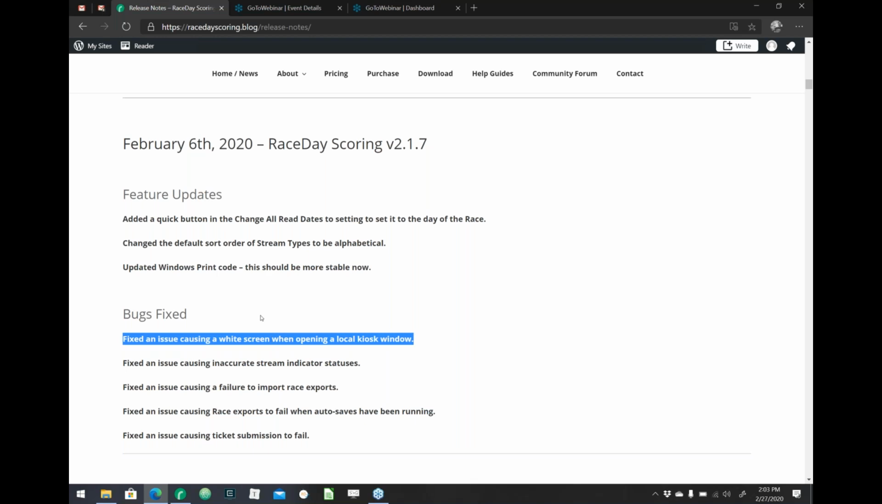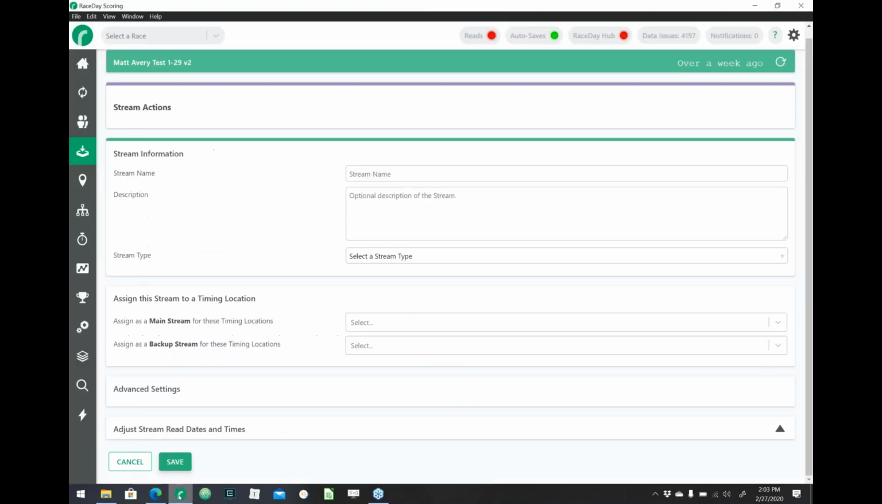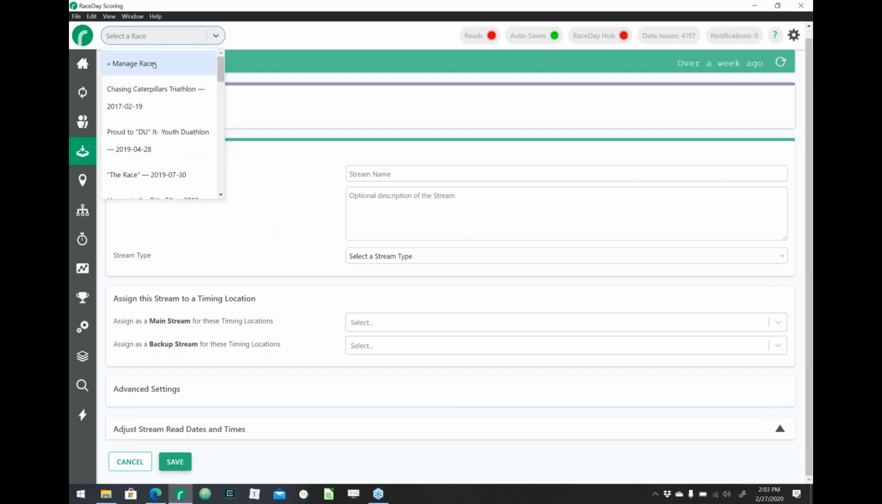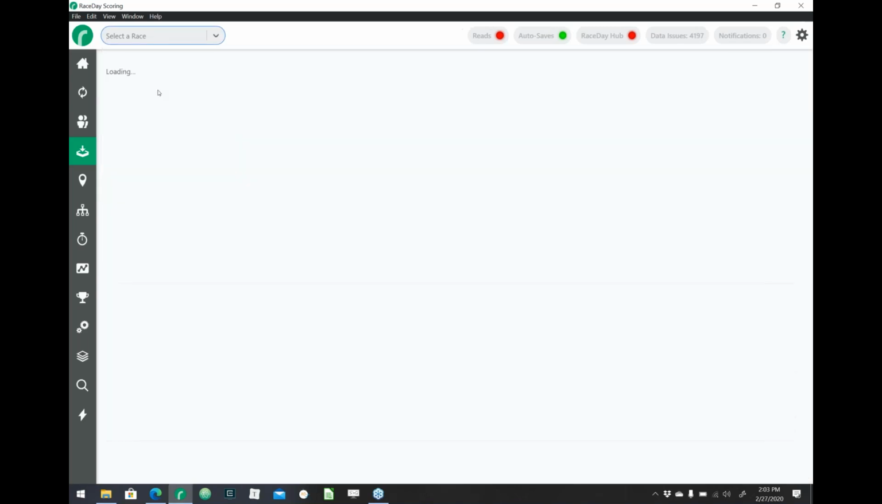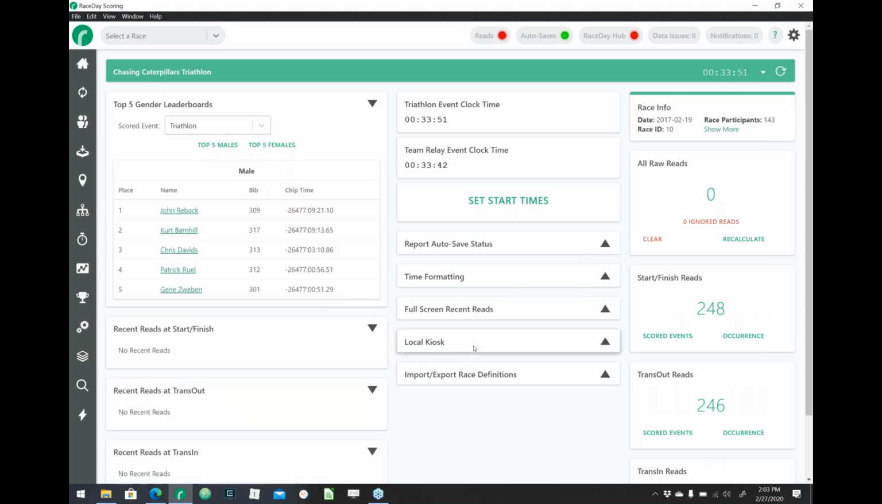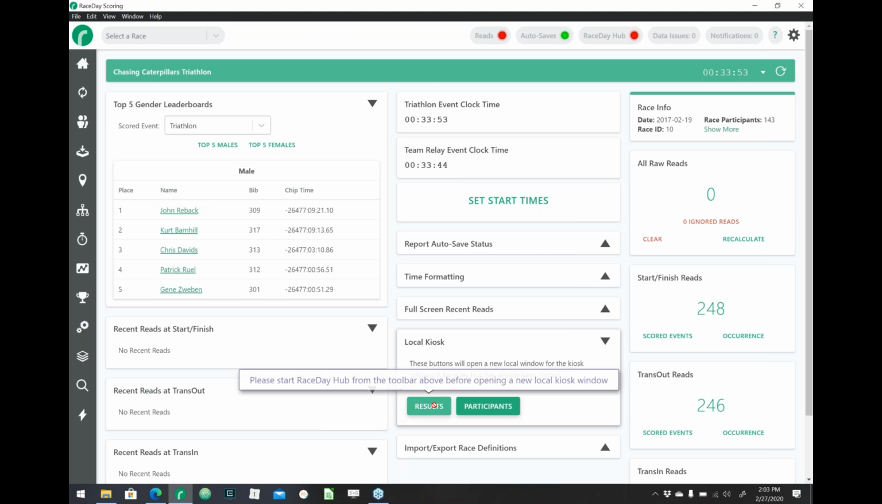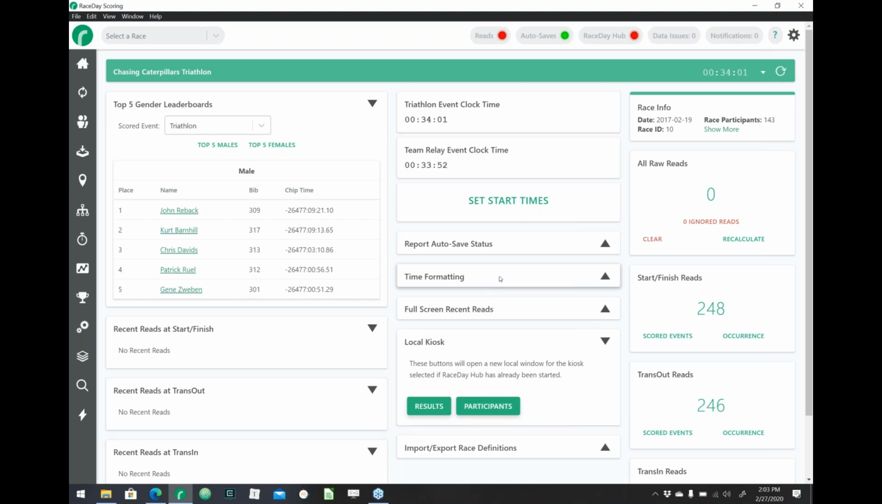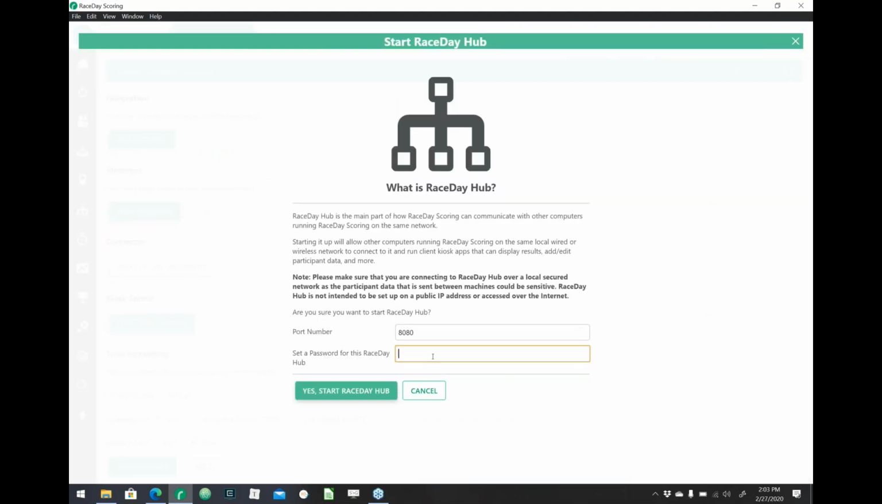We fixed an issue causing a white screen when opening up a local kiosk window. So we now support in race day scoring this button here to open up a local kiosk. This lets you just create a separate window on this computer to view a kiosk on. It could be handy for like an announcer window you want to display or something like that. So you do have to start the RaceDay Hub up,